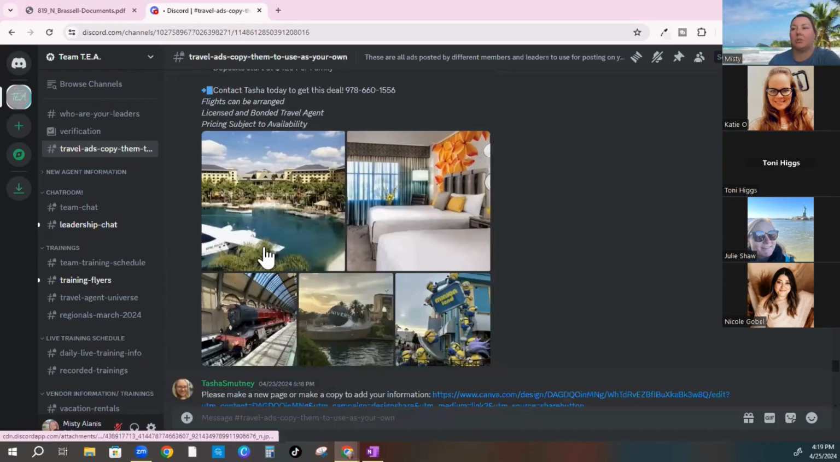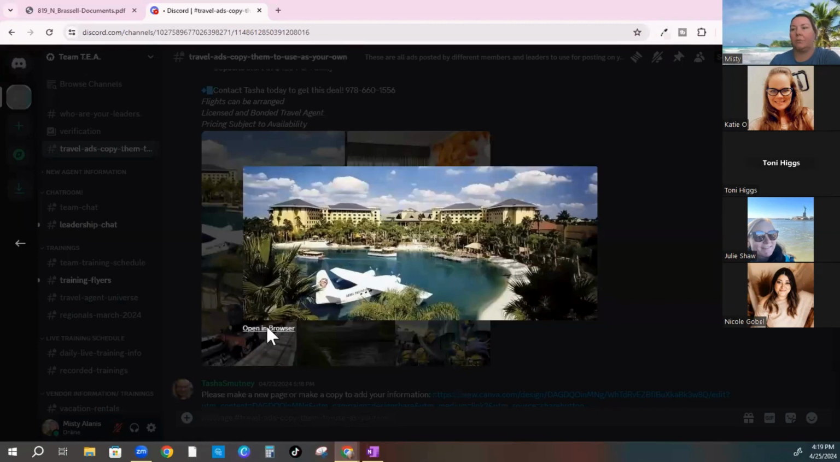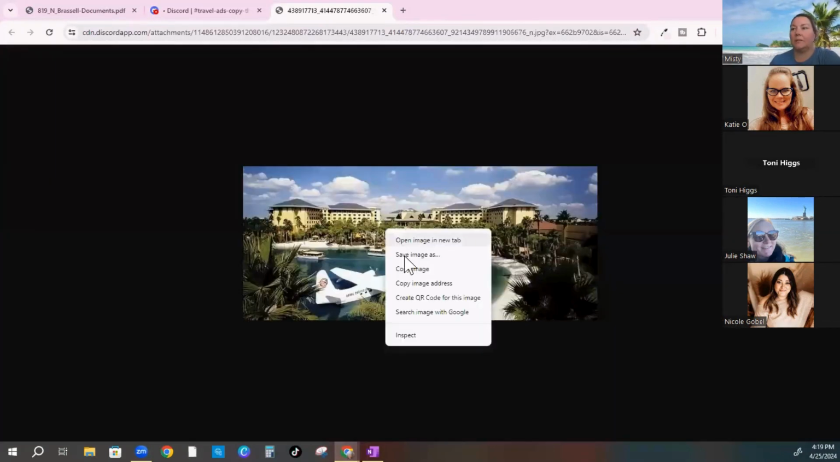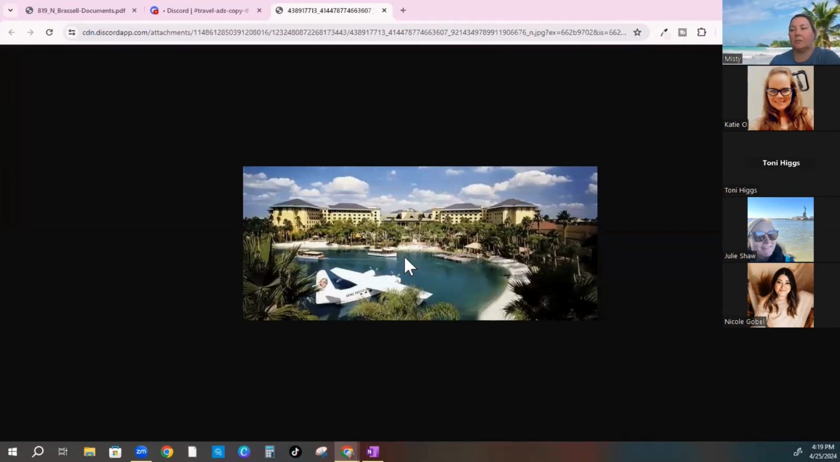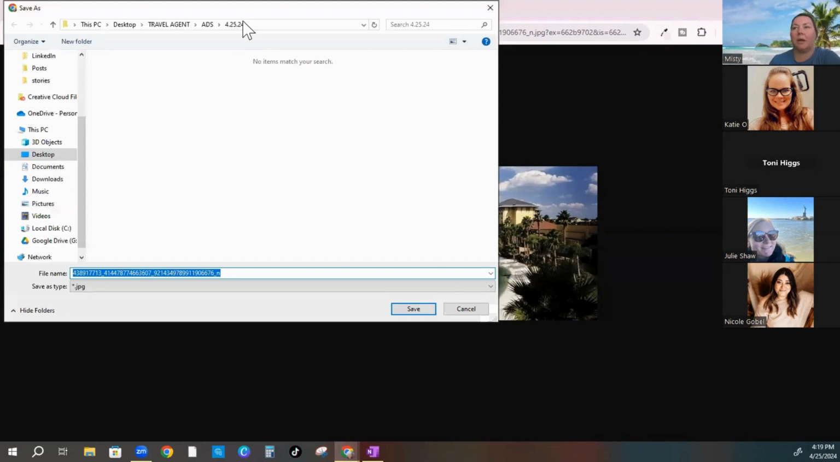Now I want to save the pictures. So just like before, click on the picture, open in browser, right click, save image as. It's going to open up. It's already in my folder that I had created because I did the 42524. And the reason why you're not seeing the other pictures was because the other pictures saved as a PNG and this one's saving as a JPEG, which is totally fine. You don't have to mess with anything that way. Just click save,